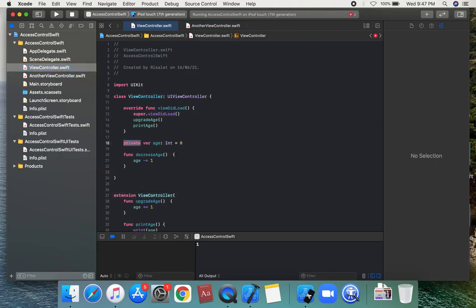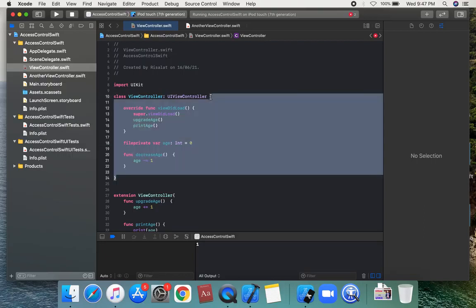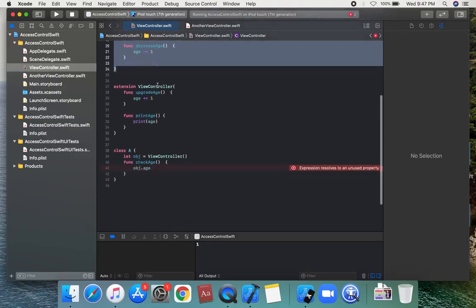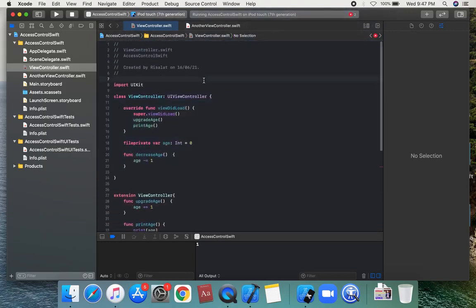This is the accessibility of fileprivate. So firstly, the rule of fileprivate: fileprivate will be used only inside a single file. This is the single file rule.